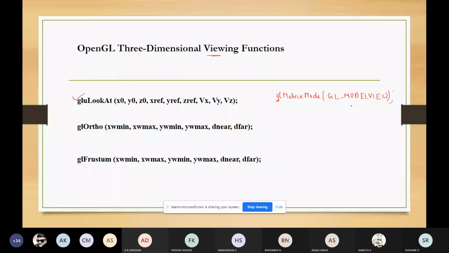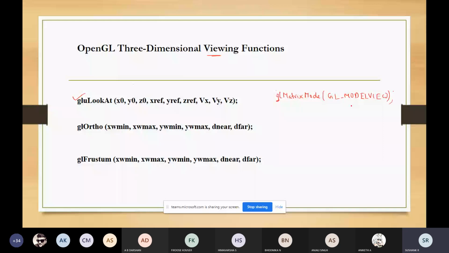So how it will work means, first thing is, here all the applications, see all the OpenGL applications, for everything the computation will happen through the matrix itself. So here also for viewing transformation, all the transformations will take place through the matrix itself. First you will create the matrix. First you will define a matrix, and then you will concatenate that matrix with the current matrix.